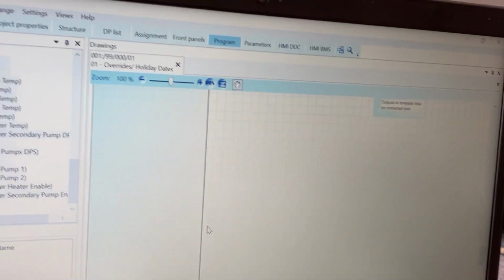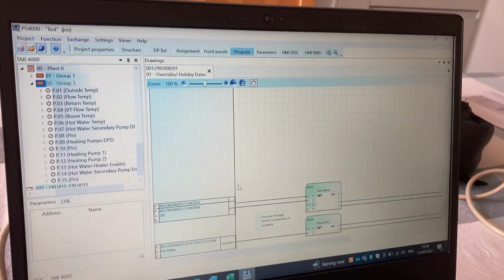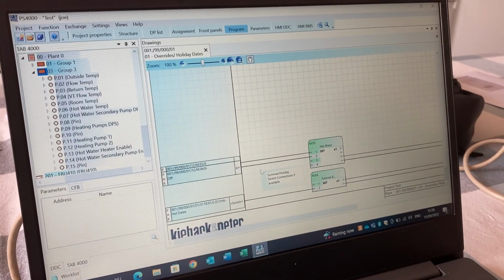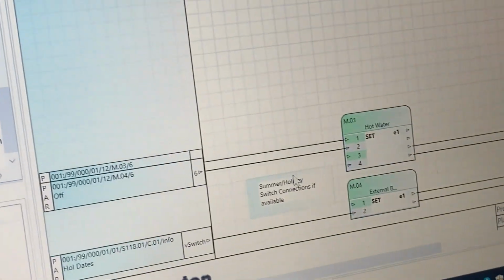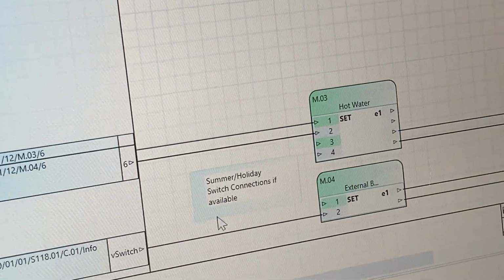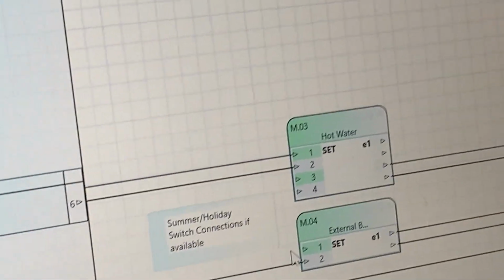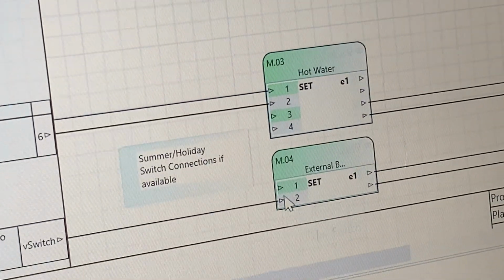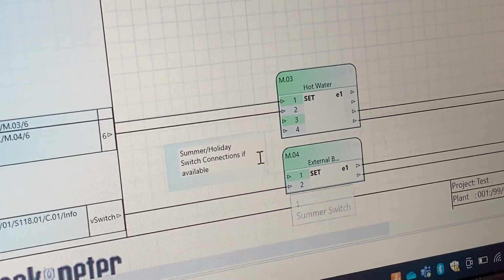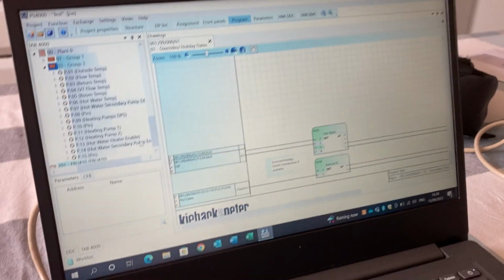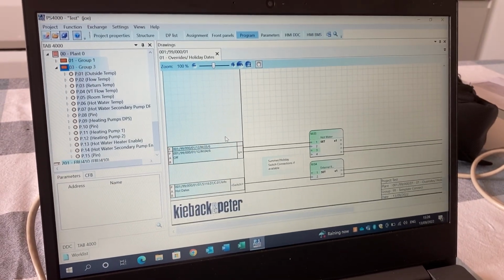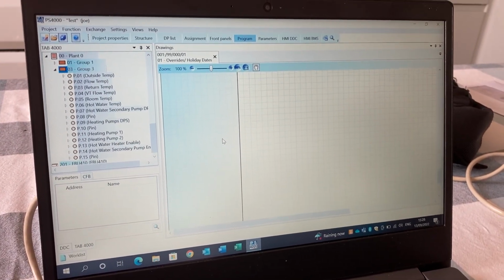But we haven't got one on this job. And same for hot water, if we had one, we'd drag it onto there. And same for summer and holiday switch, we'd drag them on to there. And that's the holiday switch. But on this one, we haven't got them. So that's all we need to do on the overrides